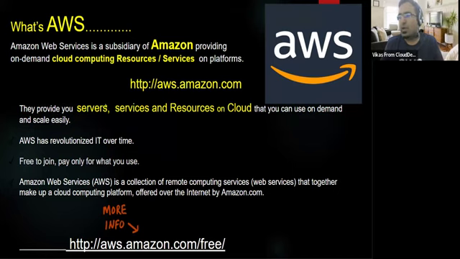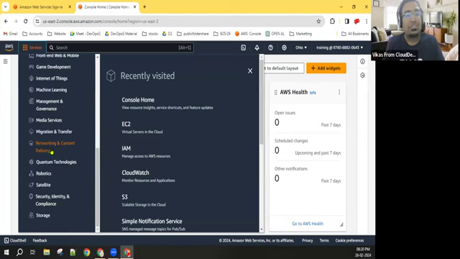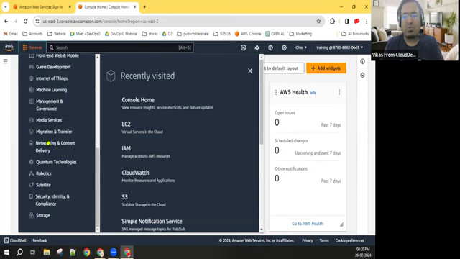Yes, good. Okay. If I'm talking about different services and resources, here are the different services and resources which we are here to learn. These different services have been divided into different categories. Some are related to analytics, some to applications, some to blockchain, some to compute, and so many different categories are here. Okay. Cool.